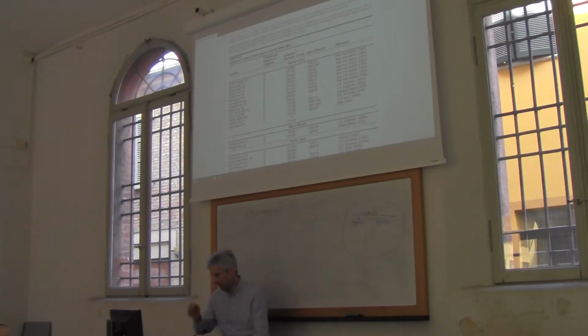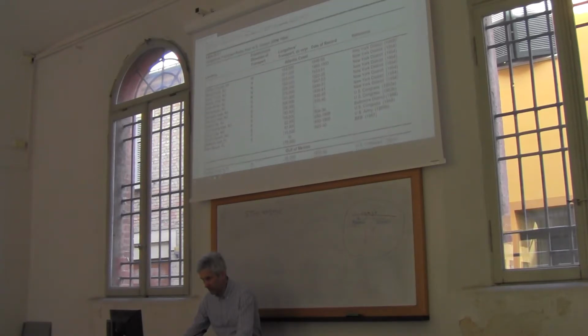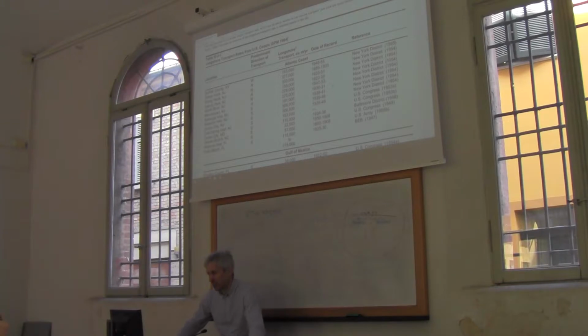This table that is on the web pages gives you some observations. These are observations of long-shore sediment transport. You can also call it longshore without the A. And it's in cubic meters per year. These are some locations in the United States. The whole table refers to the United States, and here you can see the state, from which you can understand whether it's the West Coast, the East Coast, etc.